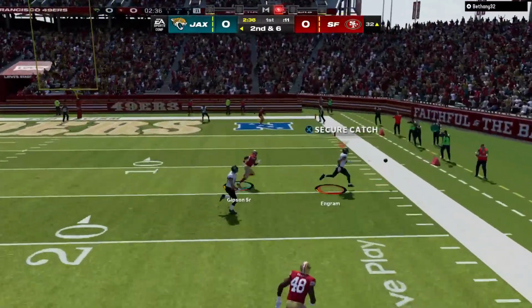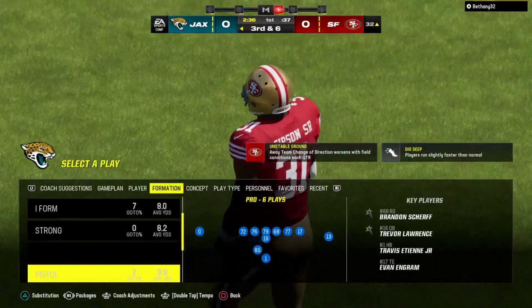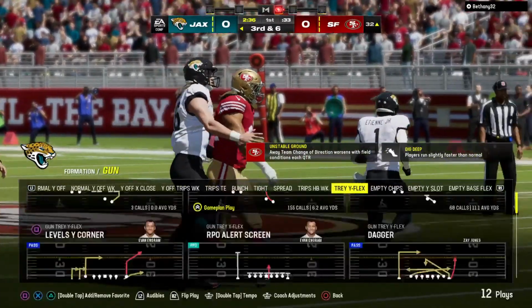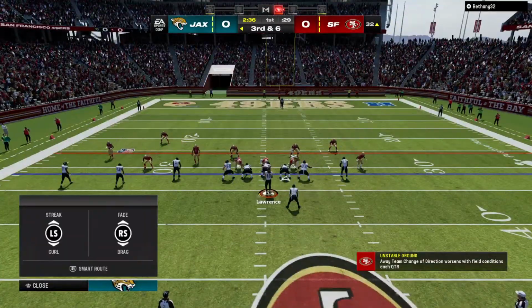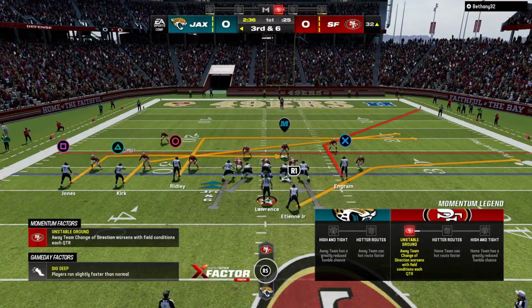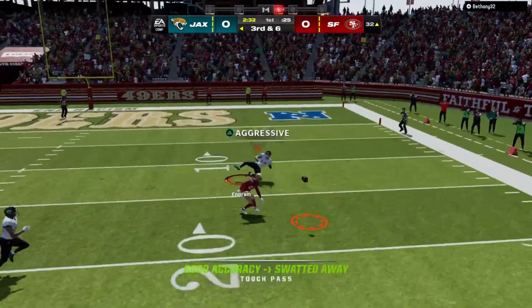Eluding the pressure right. An off-balance throw there, and it's going to wind up incomplete. That was an interesting look there because as soon as he got outside the pocket, I thought he was going to take off and run for yardage. But what often happens now with these quarterbacks who can move, defenses want to try and keep bodies in front of them, and I think that discouraged him from taking off and made him try a pass downfield that fell